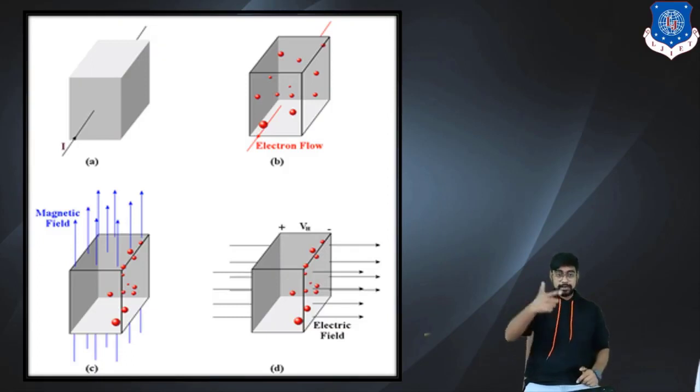So now what happens? If this is the current flow, we can take the opposite direction as the electron flow, and this is the magnetic field applied. So the force exerted would be on this side. Okay, so what is happening when electrons are flowing and a magnetic field is applied? The electrons experience a force and gather on one side. So in the last diagram you can see that all the electrons are on one side. So that particular side of the slab would now be at negative potential, and just the opposite side would be at positive potential. Okay, so you can see that you are getting a potential difference.